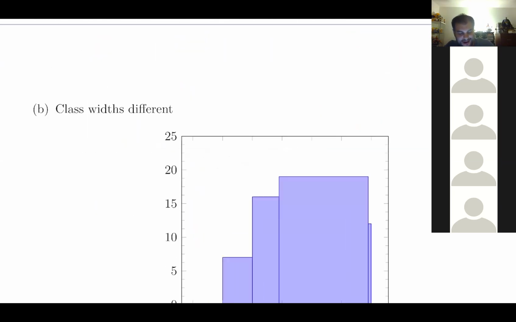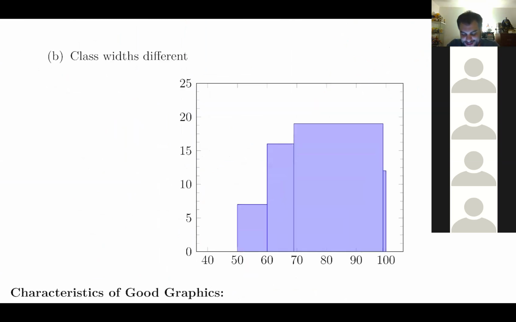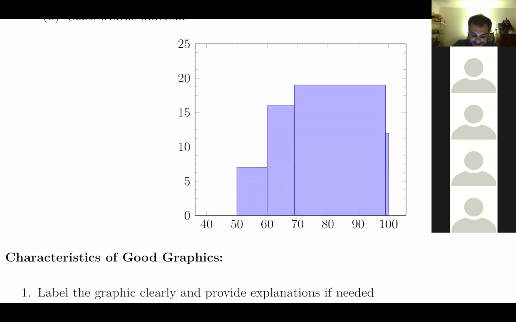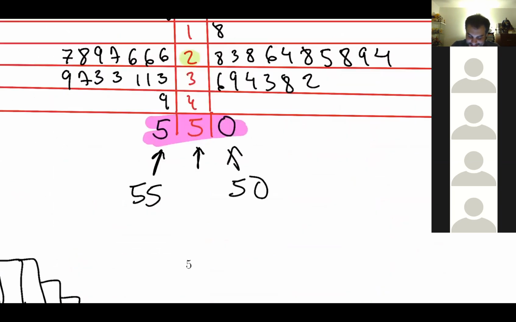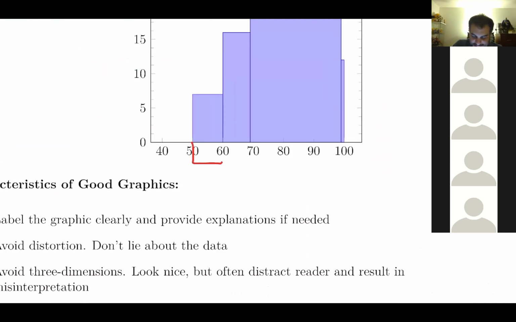There's also the case where the class width is different. If you notice, for our class width, we always use the same class width. In the first one, the class width was, what was it, 4? And the second one, it was 11. So we always added that same portion. But if you look at this one, the class width is 10. Same thing for this one, it's 10. But if you look at this one from here, you can clearly see it's not 10.